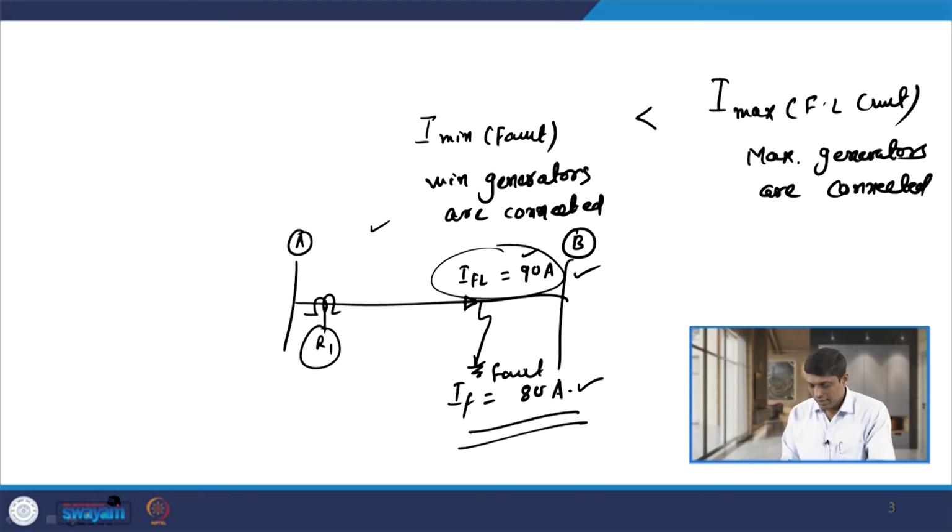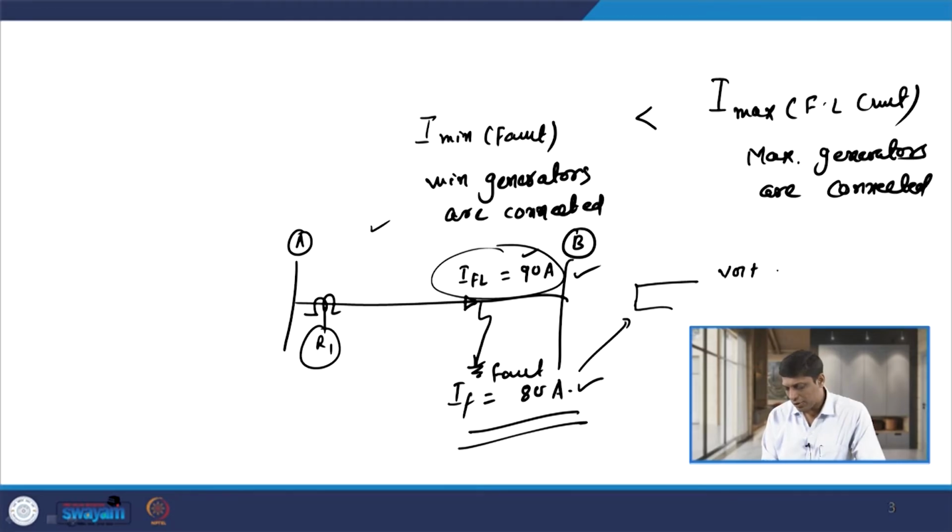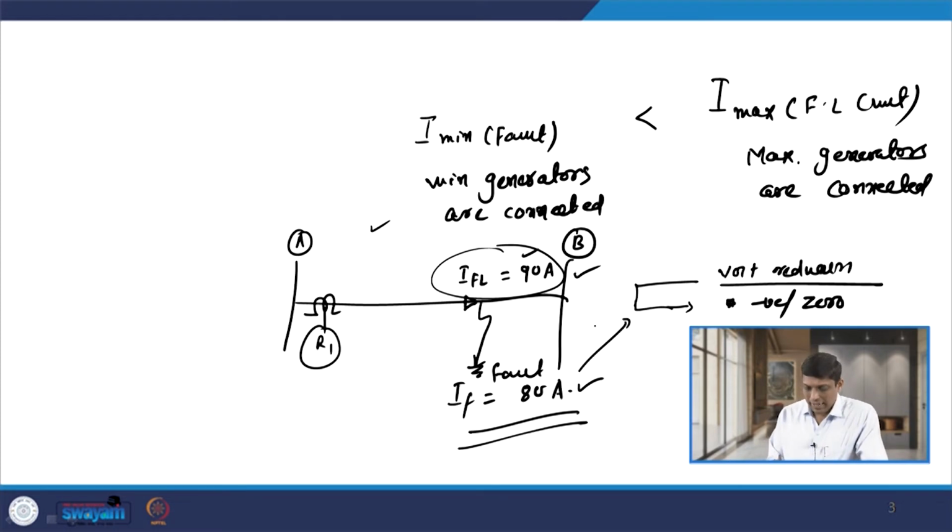And again the question comes to mind: even though the magnitude of fault current here is lower than the full load current, is this harmful to the feeder? Yes, because whenever a fault occurs and if that fault is asymmetrical in nature, then voltage reduces. So, the performance of whatever equipment you have connected is affected, and second, it will also lead to the generation of negative sequence and zero sequence components if the fault is asymmetrical in nature. So that is why, even though the magnitude of fault current is lower than the full load current of the feeder, it is harmful and we need to detect it by some means.